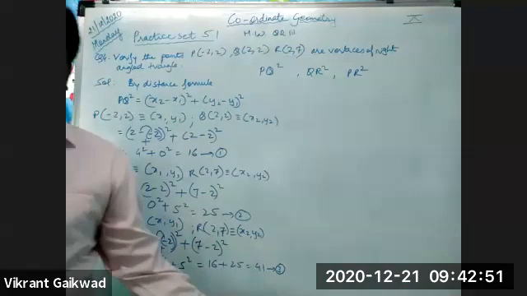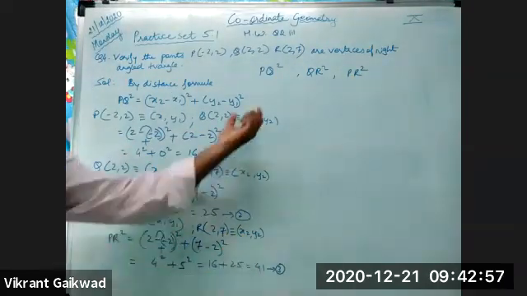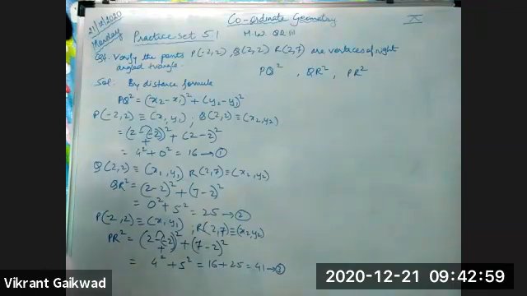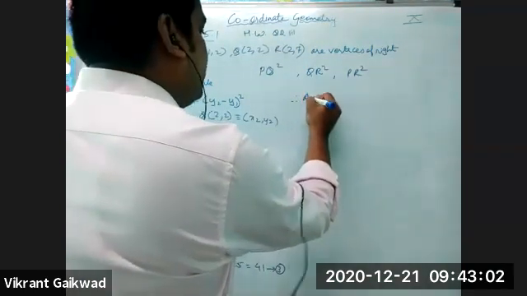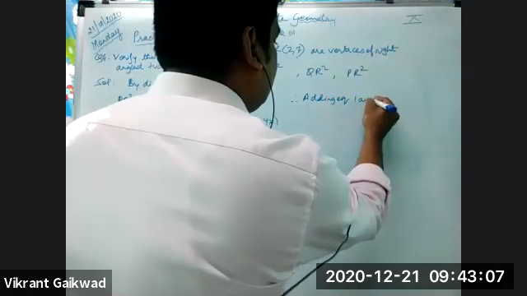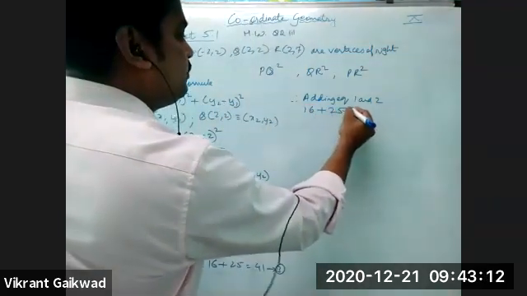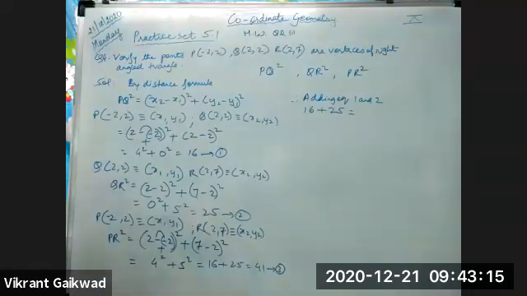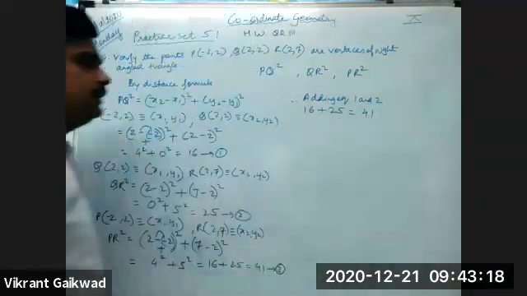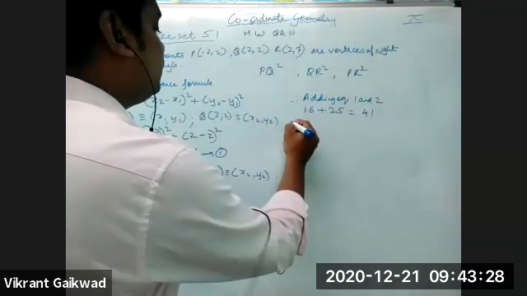Now see, this 41 is the largest side, the largest value. So 41 should be equal to the addition of the other two. Now, therefore, adding equations 1 and 2. Value of 1 is 16. Value of 2 is 25. So what is 16 plus 25? 41. Understood? We've got the addition of the two smaller sides equal to the third side. So is this a right angle triangle?